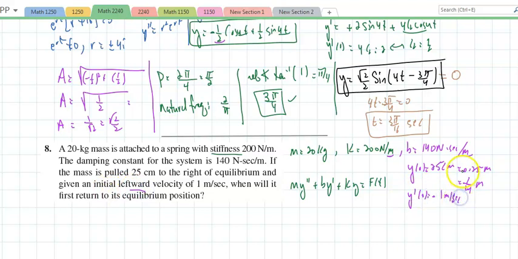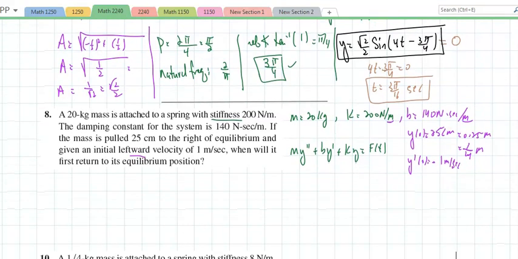Okay, good. This one matches. It says, when will it first return to its equilibrium position? So we start by finding the equation. Well, they gave us all the components, right? So they're telling us